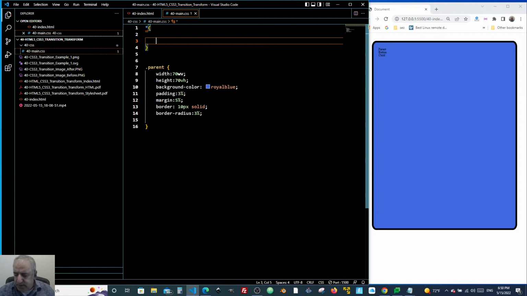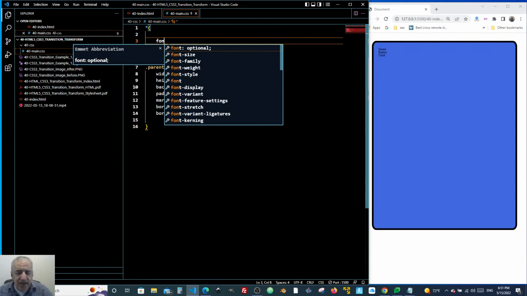Okay, so whenever you use the asterisk, it means you're targeting everything on the whole page. So basically, I want the font to be font-family,